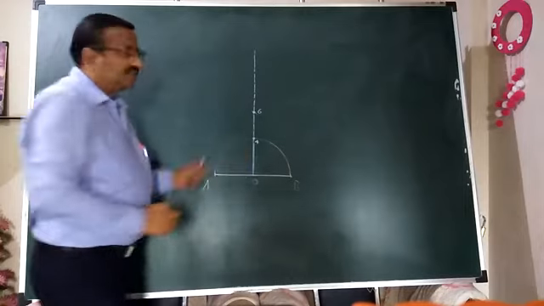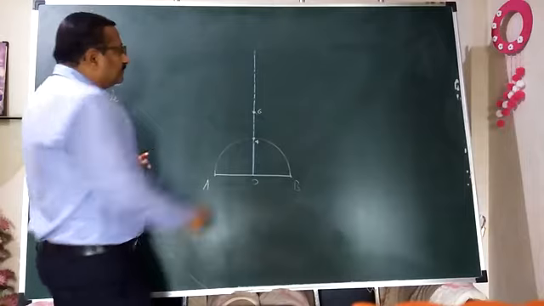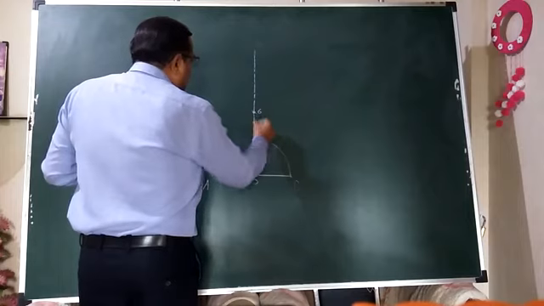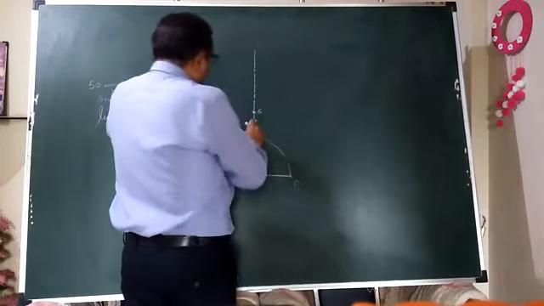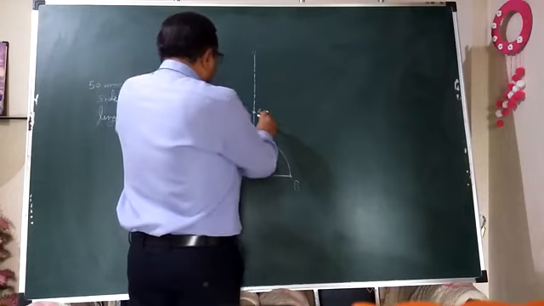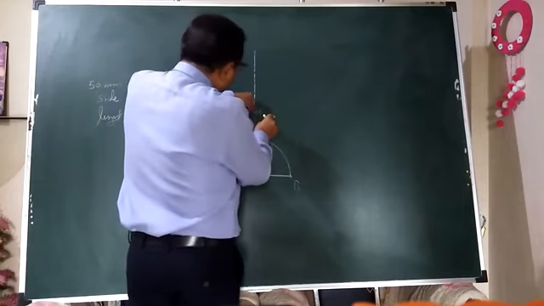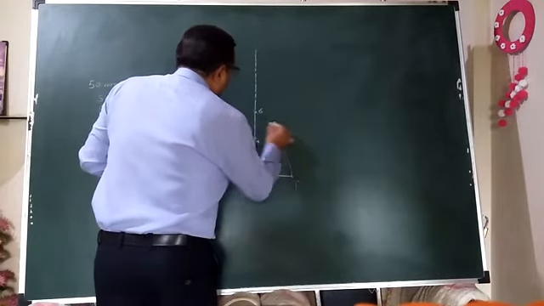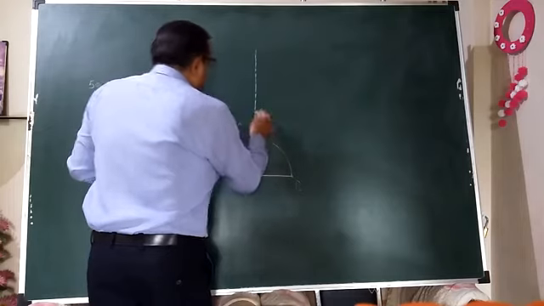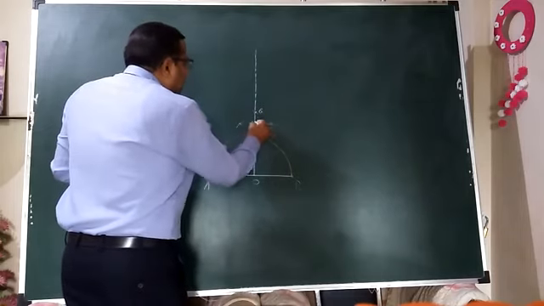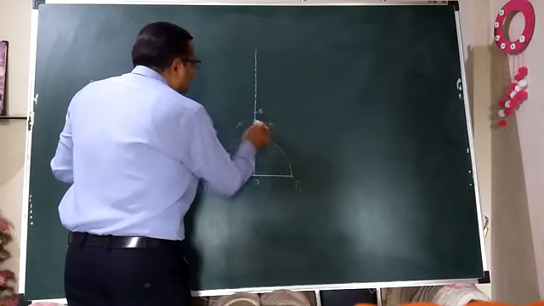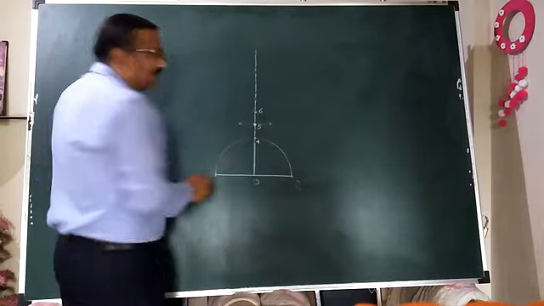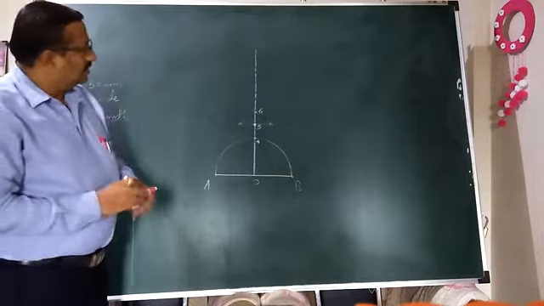Now get concentrated over this small segment 4, 6. So what you have to do? Just you have to bisect this segment 4, 6. Okay, after bisecting, very small segment is there, you can bisect more than half of the distance on either side of this vertical bisector line. Now the intersecting arcs just you connect blindly. So the midpoint of this segment 4, 6 will be naturally now 5. This is the desired destination point. Okay, so we have attained that point number 5, which is now essential for further construction.